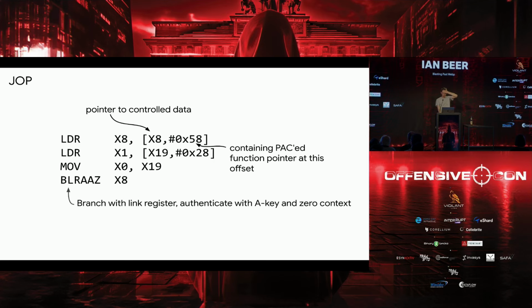And the answer is, well, in the case of a regular kind of JOP exploitation, where we imagine that, in this case, x8 points to controlled data, then we'd read a PAC-signed function pointer here, and you would need either some ability to copy a zero-context function pointer from somewhere and put it there, or some signing oracle or something like that. There is